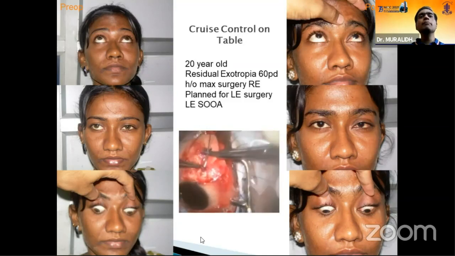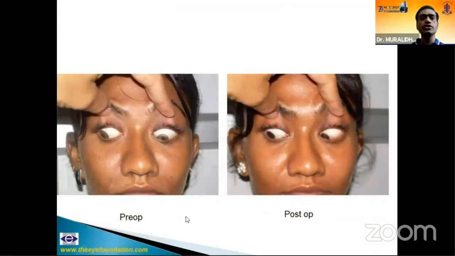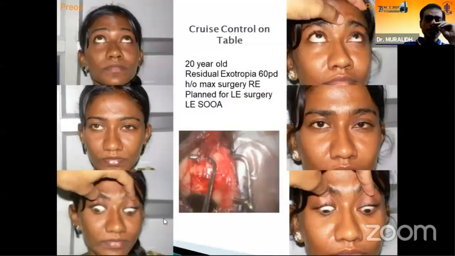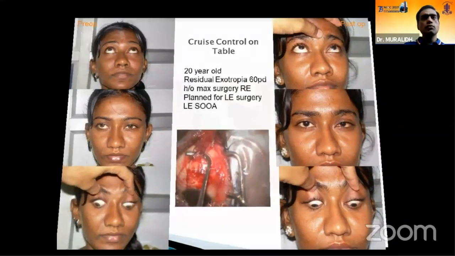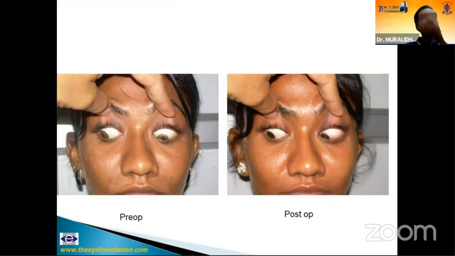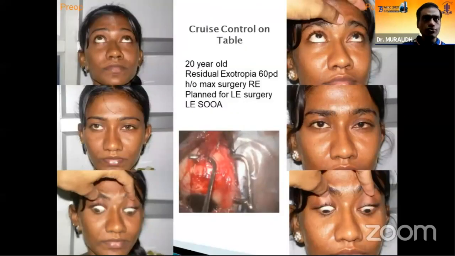So it is very important that you have a careful preoperative evaluation. And if you notice very carefully, this patient seems to have an A pattern. We did not operate on the obliques. Rather, what we did was address this medial rectus, over recession of the medial rectus that was causing the esotropia. This patient has a cosmetic contact lens here that caused the A pattern. So we were ready for this eventuality.